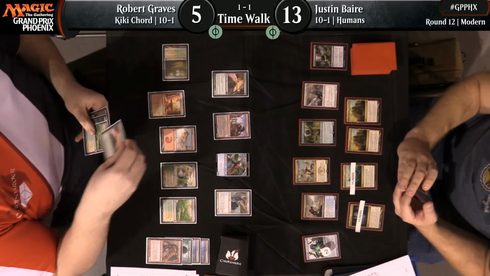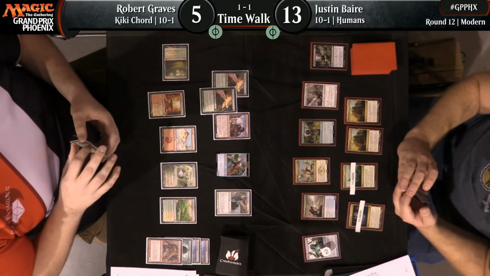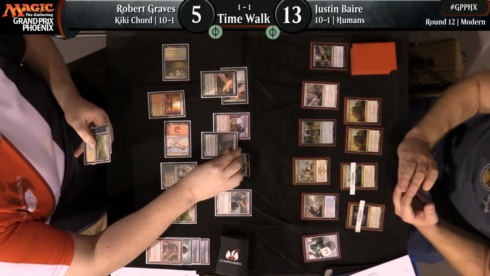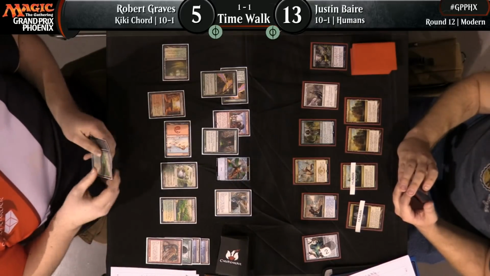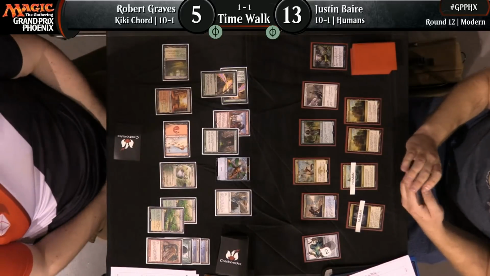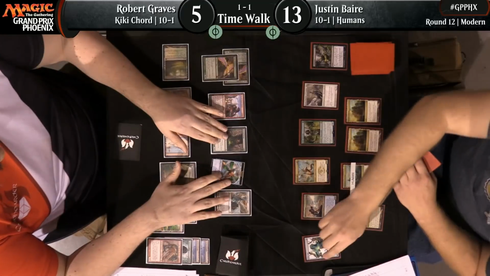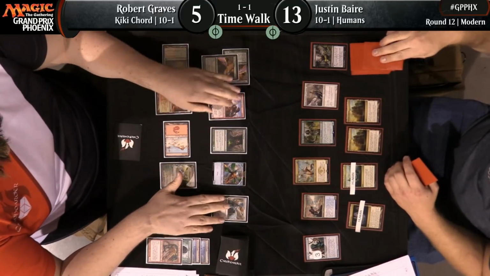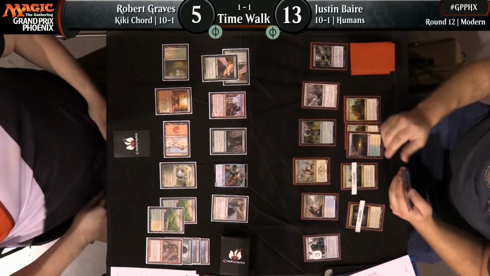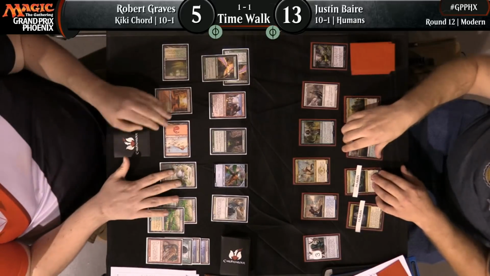So here's another bird. Oh, no. Here's another bird. Mm-hmm. He's got to pay 4 mana for that Eldritch Evolution if he wants it. There's Devoted Druid. Wow. All right, Ether Vial ticks up to 3 here. Does Robert have enough time to recover from...